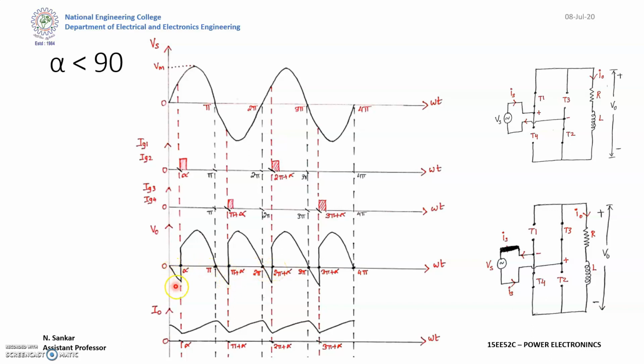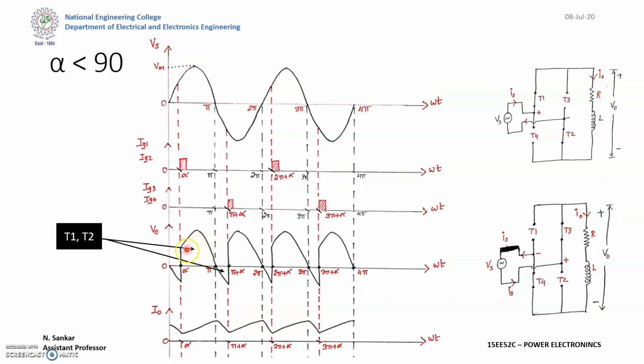In the previous slide, we didn't focus on this point. If the cycle is repeating, this point clearly shows that it is a conducting point of T3 and T4. Then this point will also be a conducting point of T3 and T4. So before alpha, your thyristors T3 and T4 will conduct, which will result in a negative voltage, and at this point we will trigger T1 and T2. That's why we are getting a negative voltage from 0 to alpha.